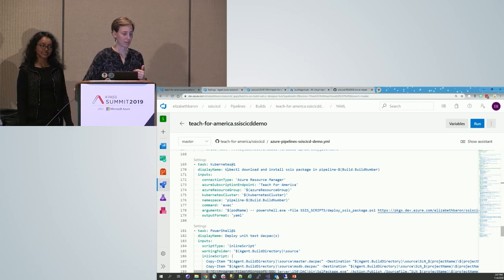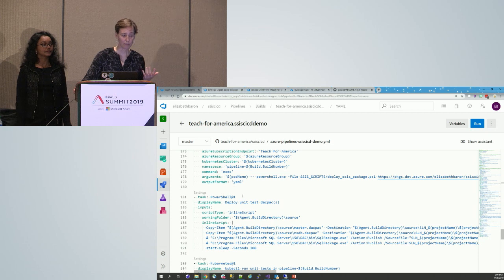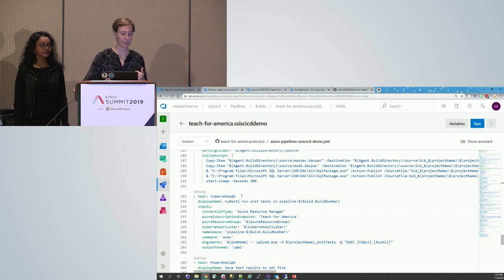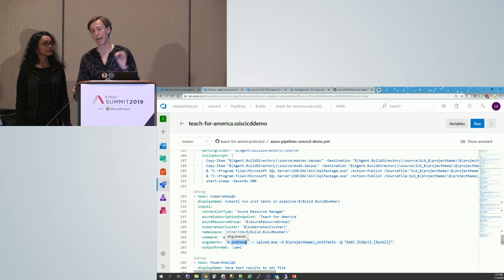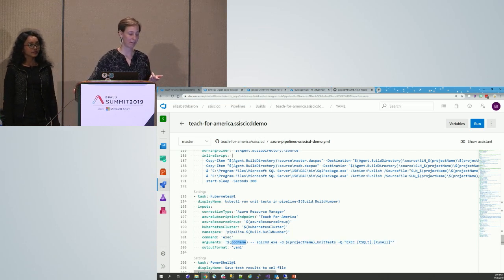So here's the download and install. Now we're deploying the unit test DAC packs, which take a little bit longer. We're using SQL package here. Again, it's a PowerShell script. And then we're going to run the unit tests. This is where you need that pod name right here. I need to get that pod name because I'm going to go into Kubernetes and execute, saying on this particular pod in this particular namespace, please run our unit tests. That's what this does. You see the SQL command right here? For this specific project, run exec tSQLt.RunAll.